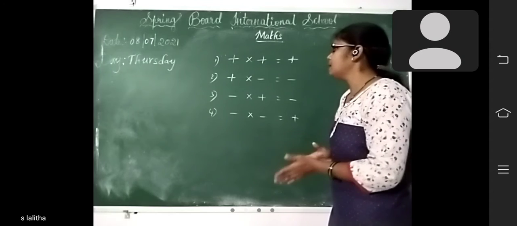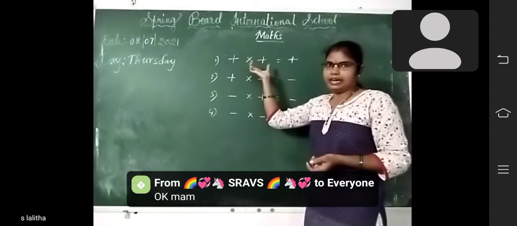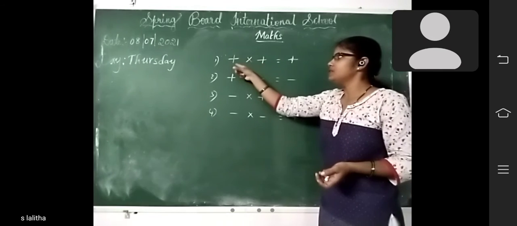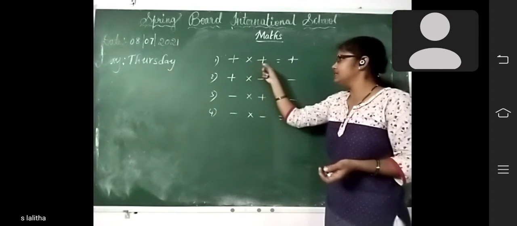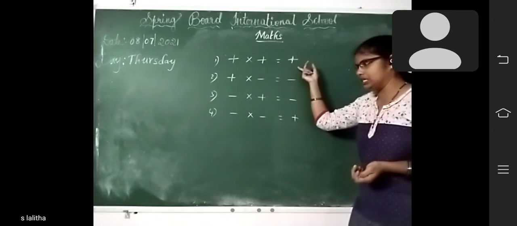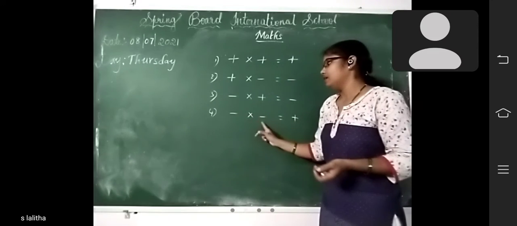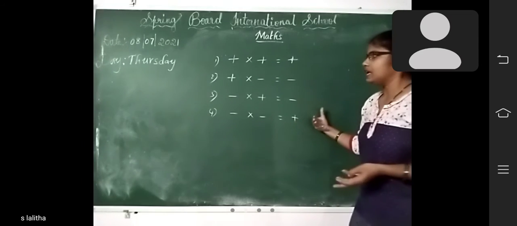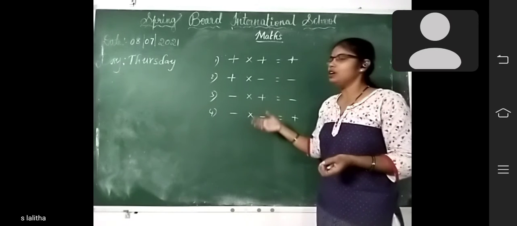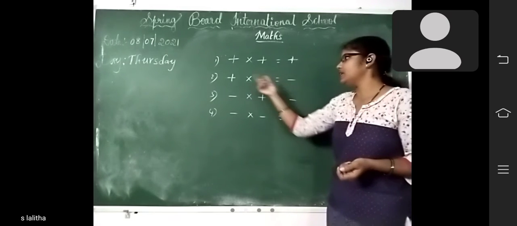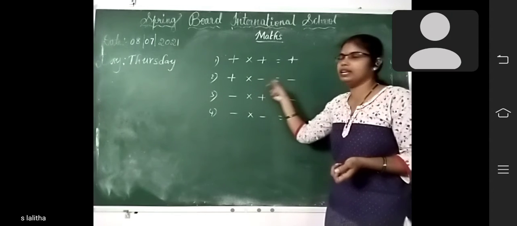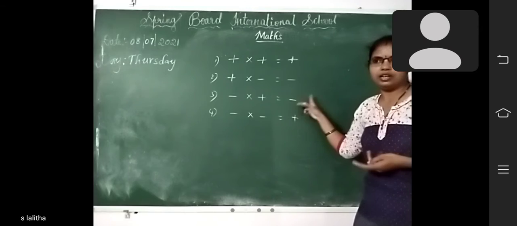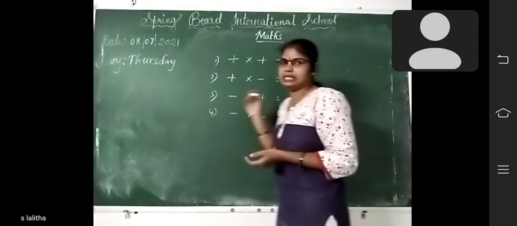If the sign of two integers is the same, the product is a positive integer. Here see, same sign for integers, so that's why you're getting a positive integer. Here also same sign is there, so we'll get a positive integer. If the sign of two integers is different, the product is negative. See here, one is positive and one is negative, we'll get negative. Here negative is there, here positive is there, we will get a negative integer. Did you understand, children? This is what we learned in yesterday's class.